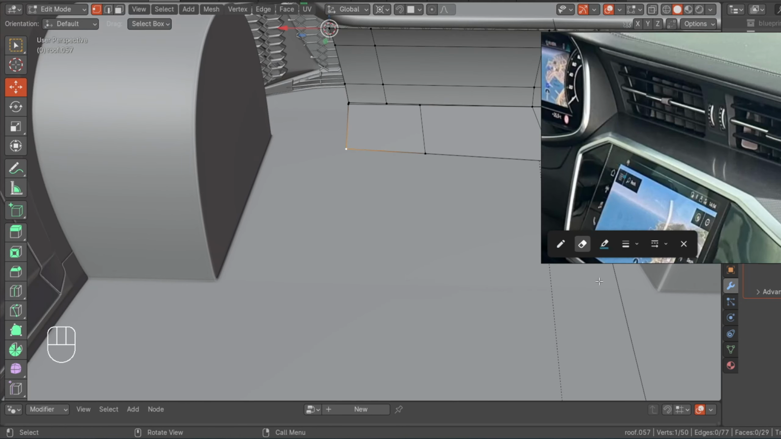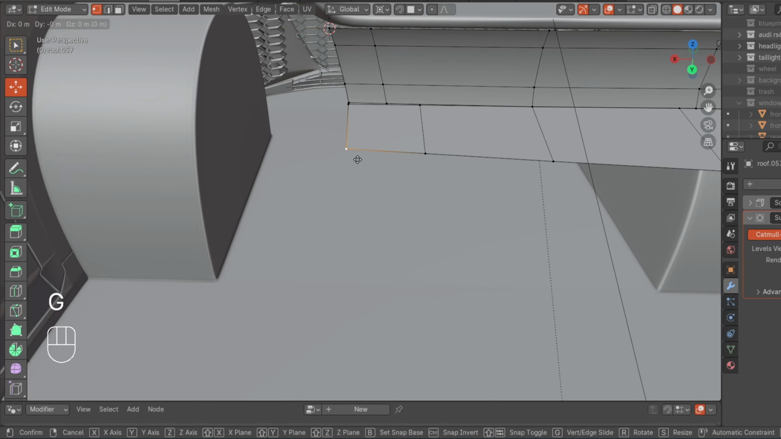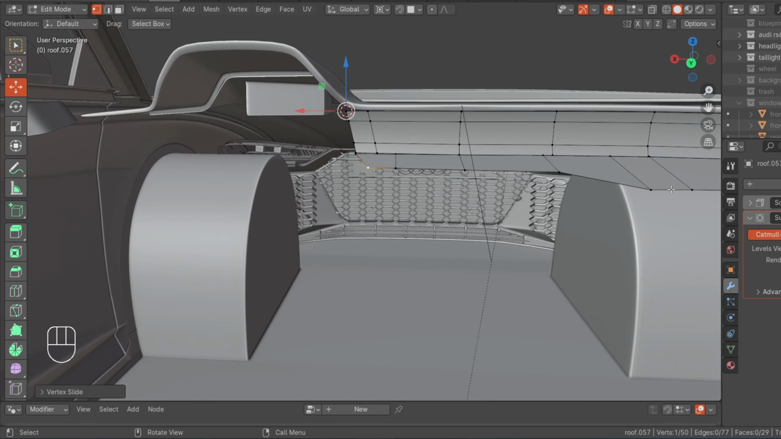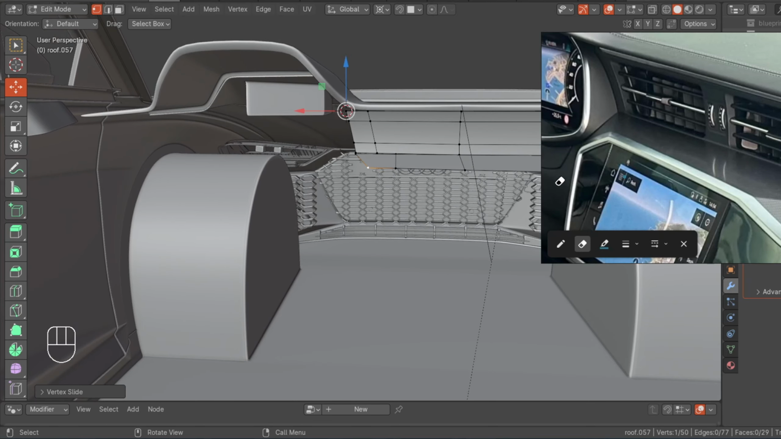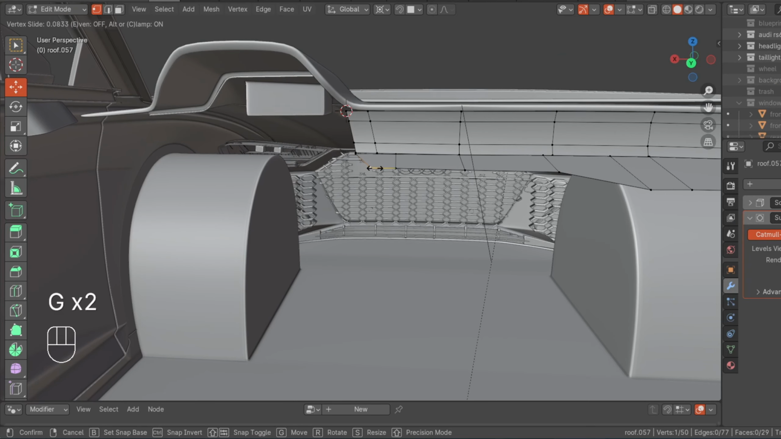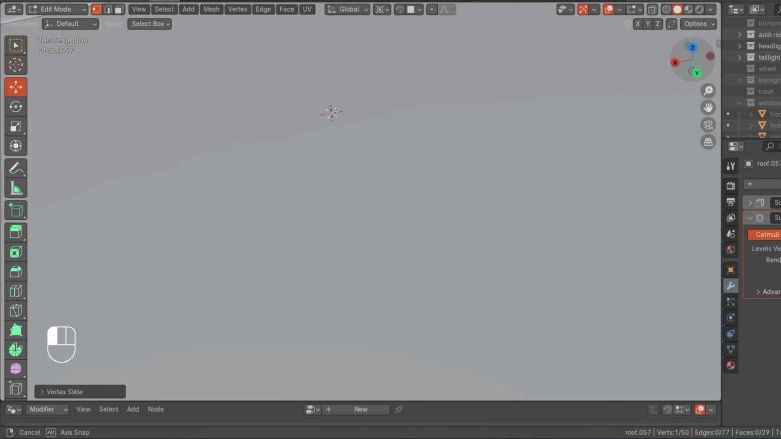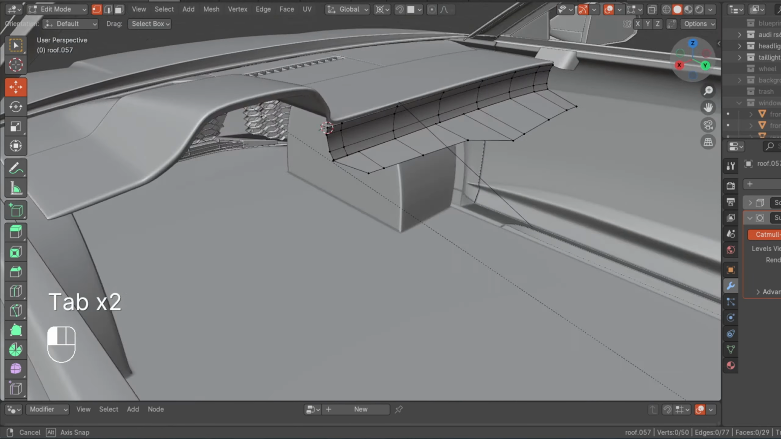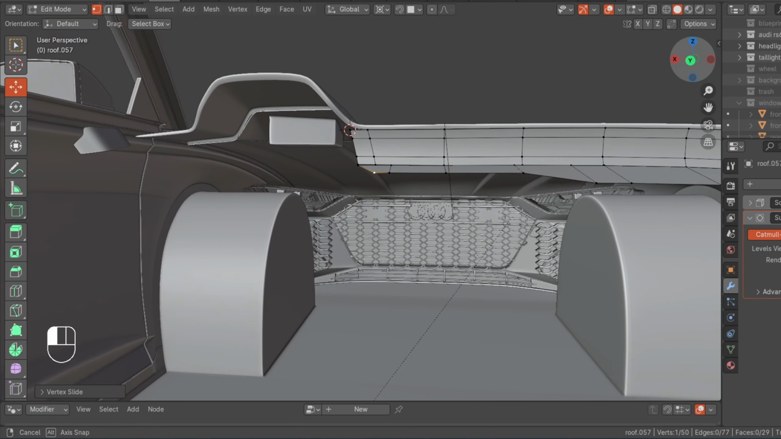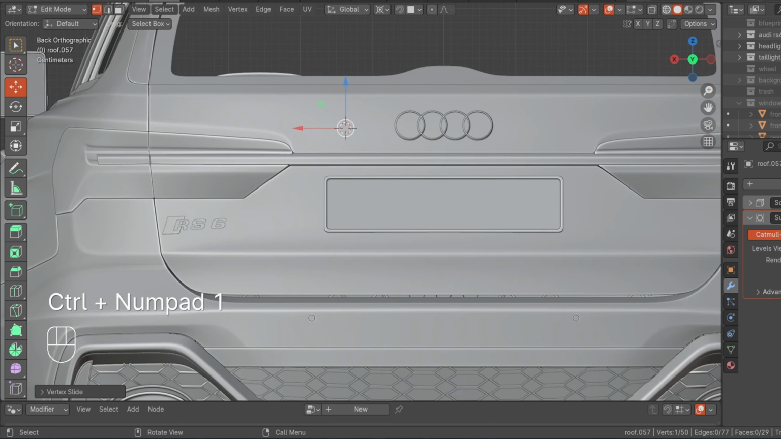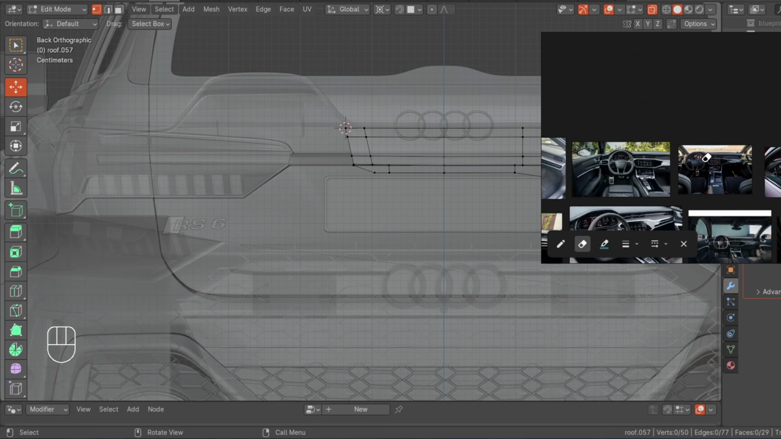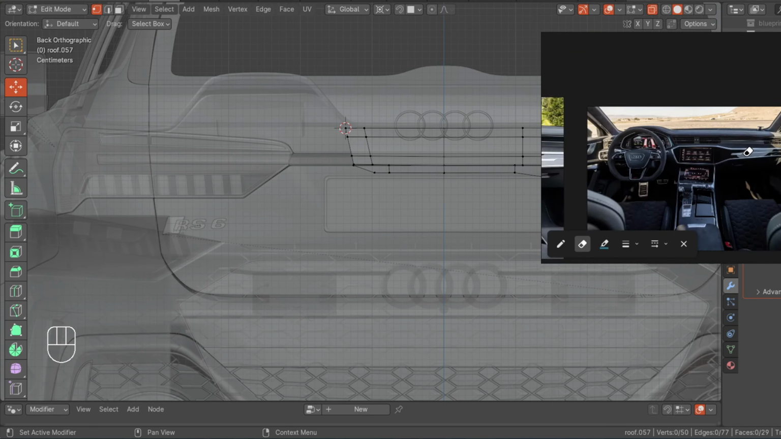And slide this vertex right here. Then slide it toward this end, like so. Now slide it more towards that end. Yeah, I think okay that way. Then go to the front view and let's just try to make the shape of